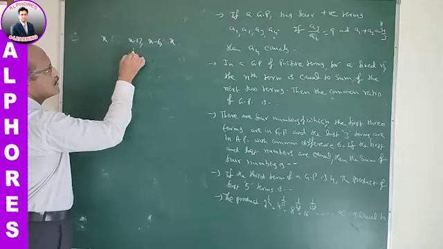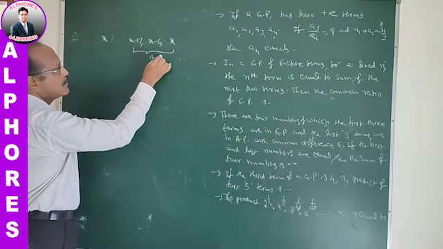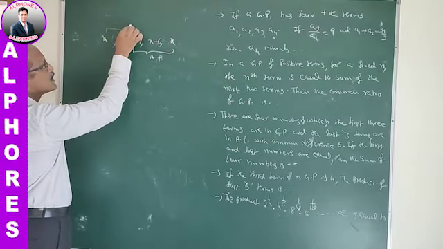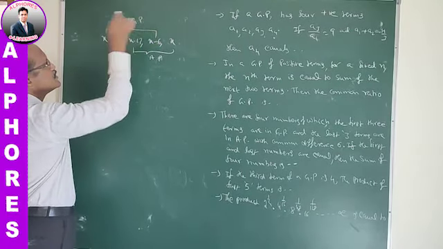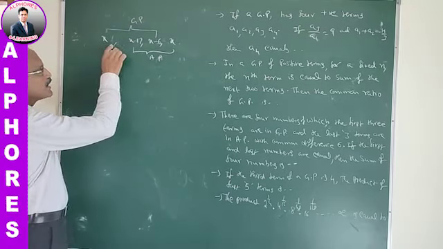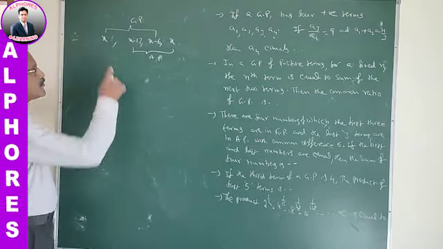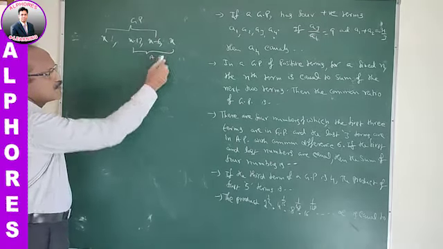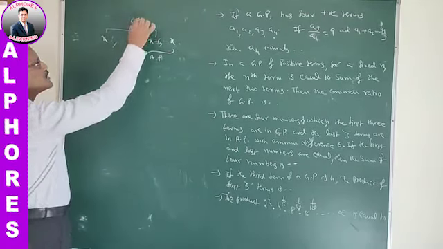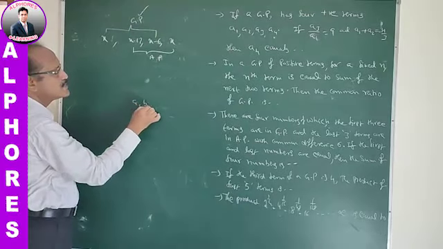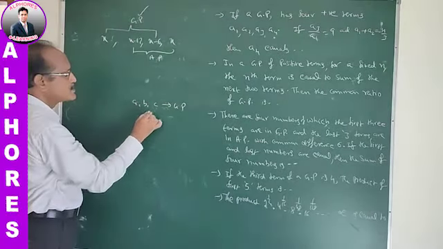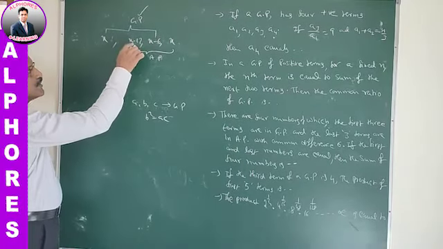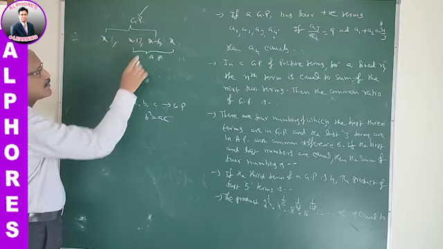Of course, the last 3 terms are in AP. Totally there are 4 terms. Of course, the first 3 terms are in GP. This is given. Finally, you have to calculate the sum of all the numbers. Right? So if you know the value of x, then you can calculate the sum of the numbers. For that, we are using the GP condition. If A, B, C are in GP, then B square equal to AC. That is, B square means here ABC, right?